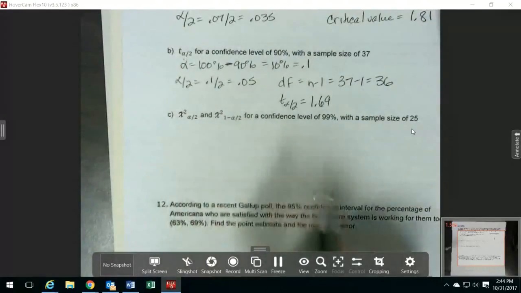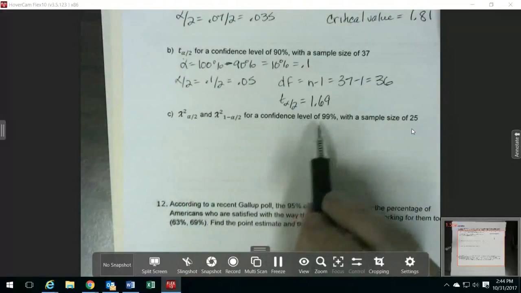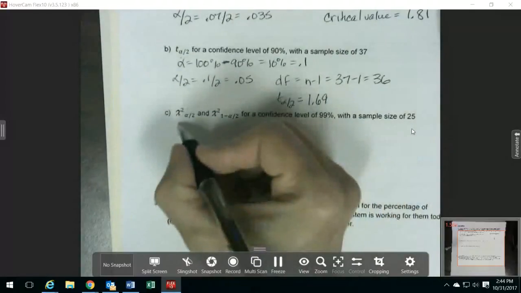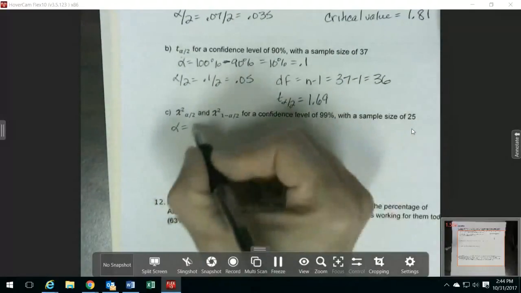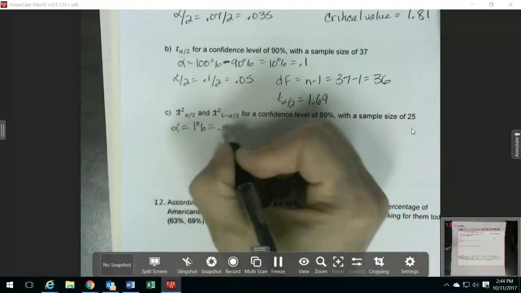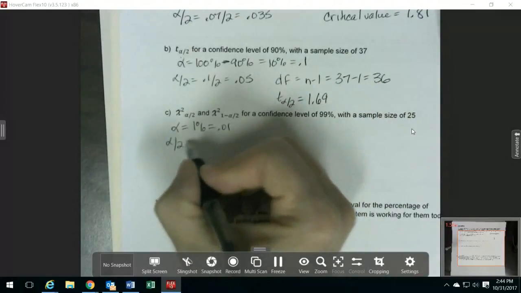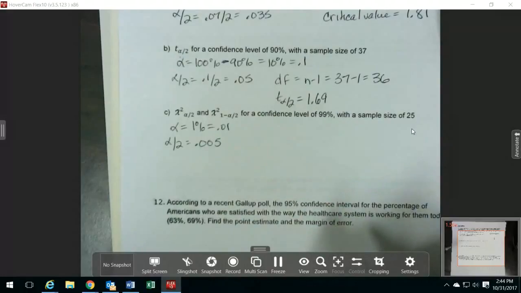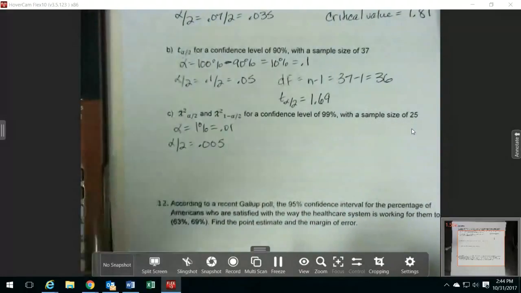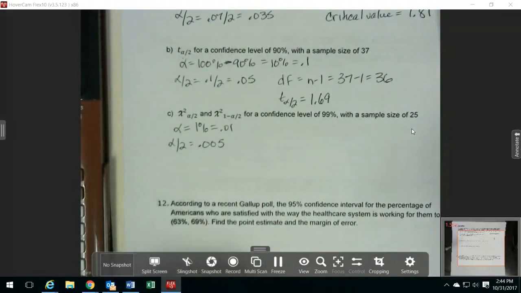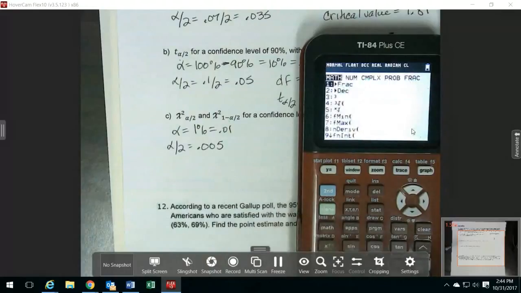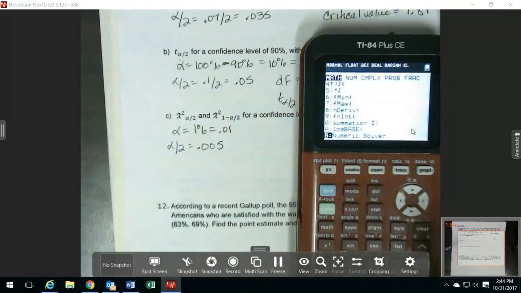Okay, so this last one is for critical values for chi-squared. So again, we're finding our alpha. So our alpha is going to be 1% or 0.01. That means alpha over 2 is going to be 0.005. And this was the one that was in the video to find these for the chi-squared distribution. This is where you use the solver. So I'm doing math and the solver,